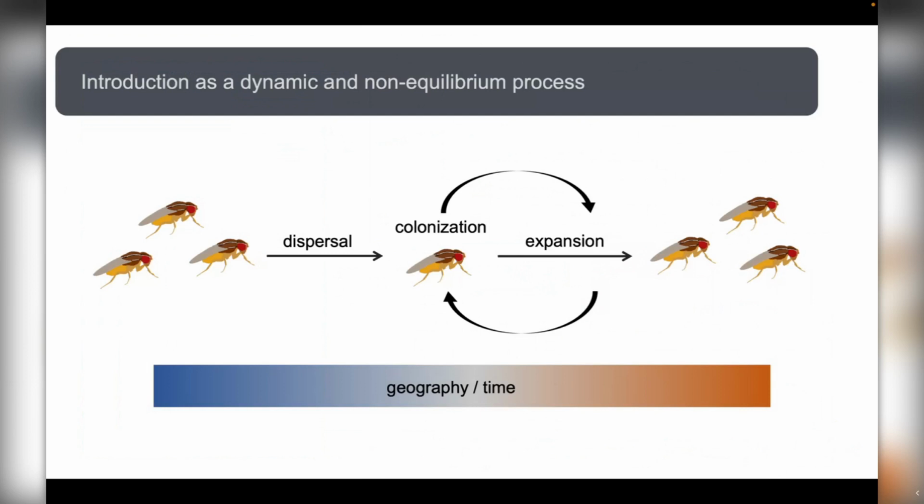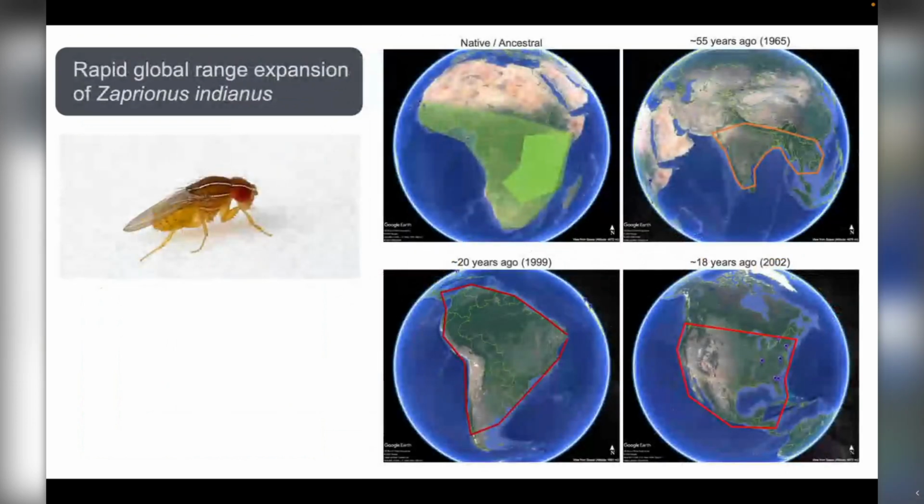Introductions are also really interesting to me personally, at least, because they're very dynamic and they're at non-equilibrium states. And so you can think about invasions or introductions as occurring across a geographic and temporal continuum, where you have initial dispersal and colonization of a novel environment and subsequent expansion into a new range. During this colonization and expansion process, species are going to be exposed to novel environments and may or may not adapt to those environments. And so we've been studying invasion dynamics in this species here, the African fig fly, Zaprionus